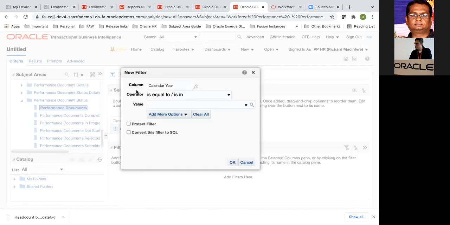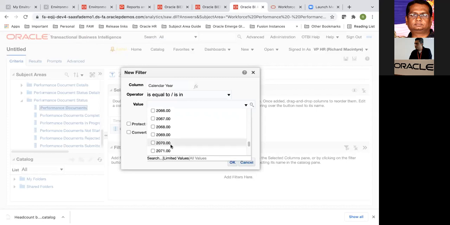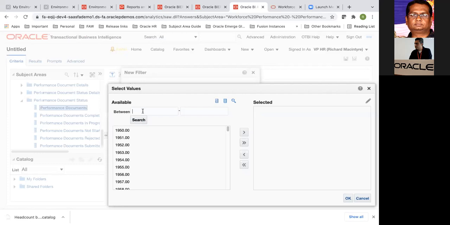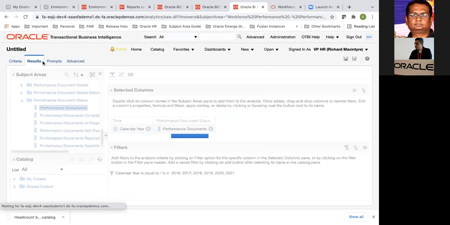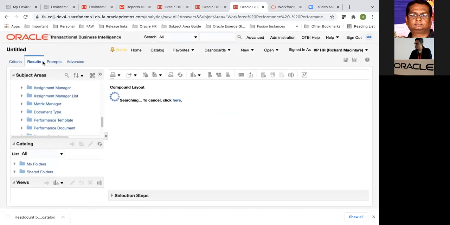So this again, I think I didn't mention this, and I could select it here. I can scroll down and select it, or maybe I could also do a search here and search for between, say, for example, 2016 to 2020, for example, 2021. And I'll move all of them here. Well, it's doing a search.